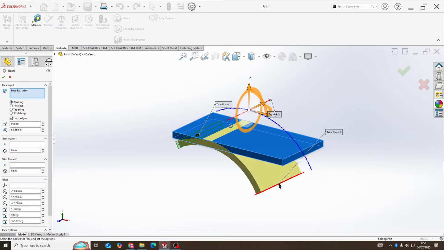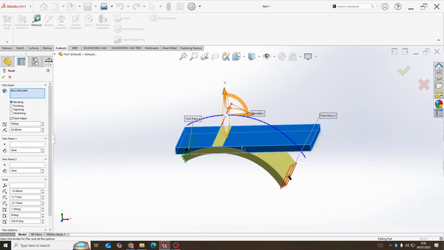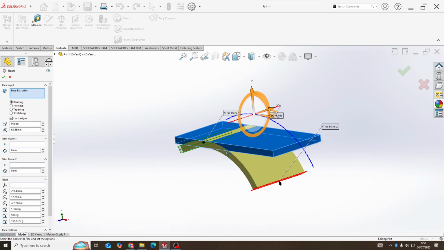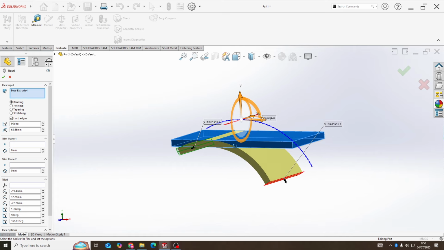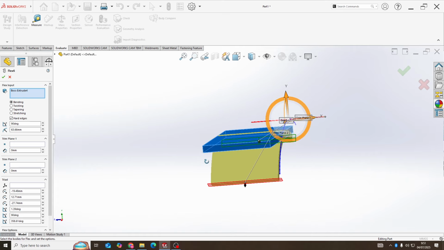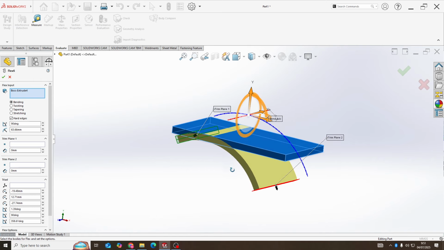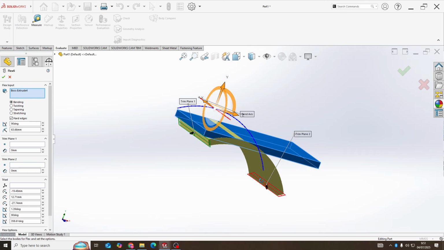You can use multiple flex features in sequence. Example: first apply bending to turn the plate into an L bracket, then apply twisting to add a rotation to the vertical section. Real world example: a cable guide bracket with twisted tips to direct cable out of a panel or enclosure.